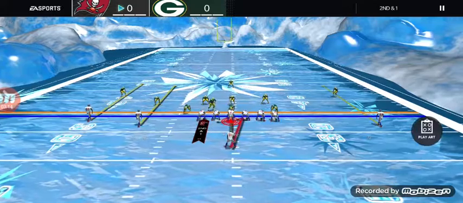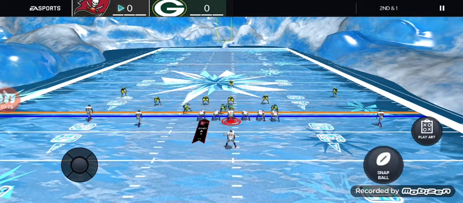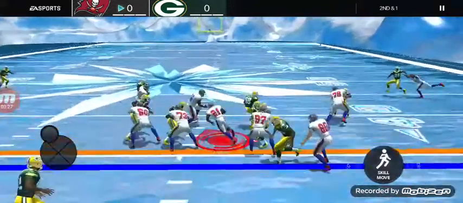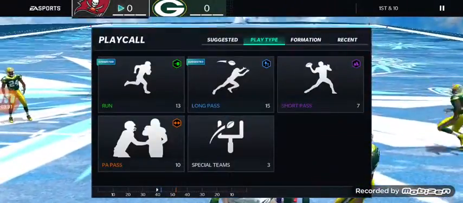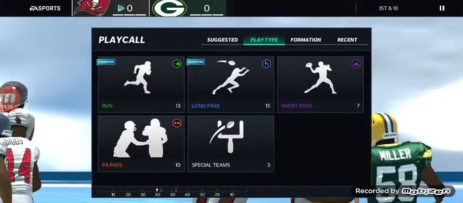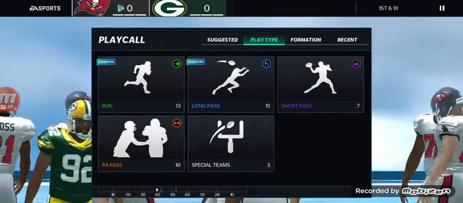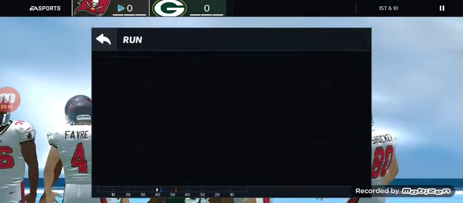Go 0-1 trap. Now he's got 3 linebackers back there, so it's going to be a harder run. You know that because they got backup. Getting to the line is usually not hard. It's the linebackers you got to watch out for. And that was a good run. The other thing about when you use that truck button is when he lowers his head like that, the running back slows down. Like I got through there and I used it and he kind of slowed down. I don't think he would have broke it all the way regardless, but